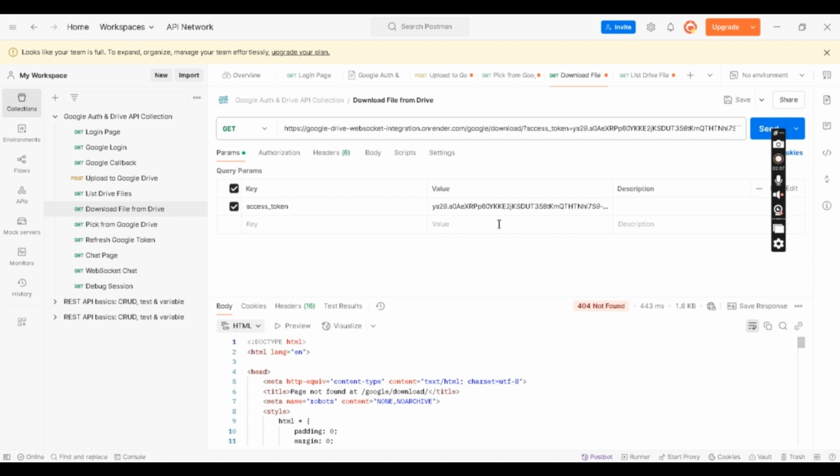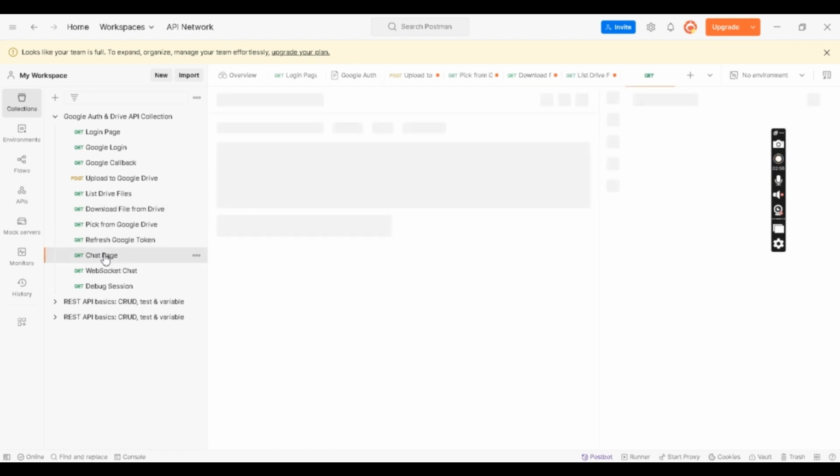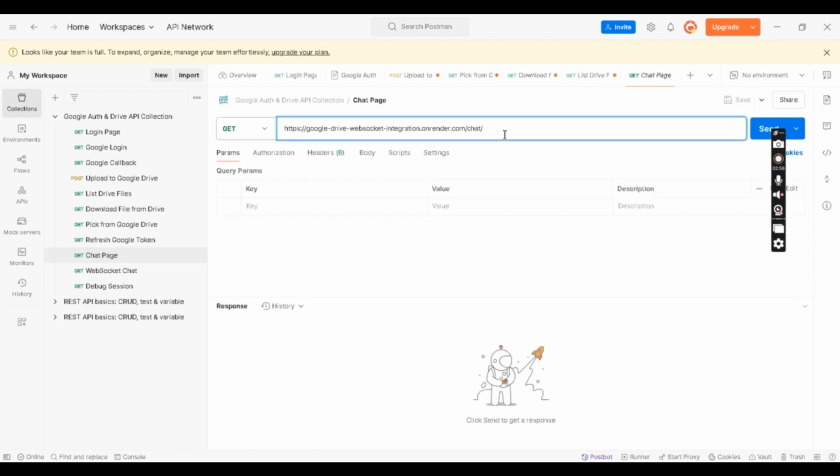Yes, it will give us the HTML preview because the download directly goes to the HTML. So instead of only the access token, we also have to give the file here, the file which is already there. So that is how it will work. And for the chat page, similarly, we have to give the access tokens. So this is how the all